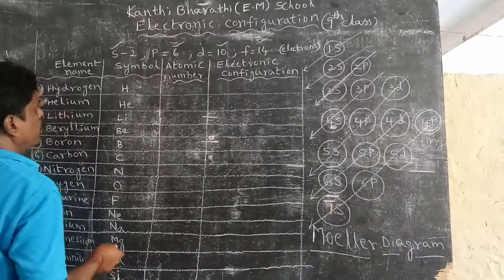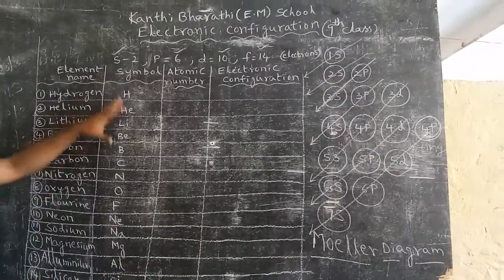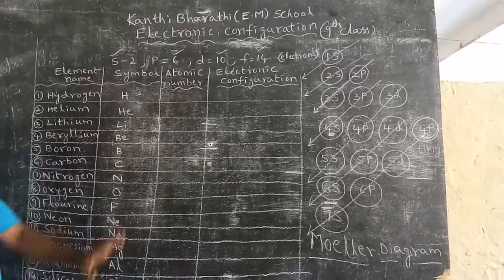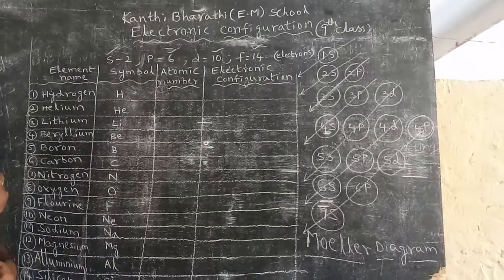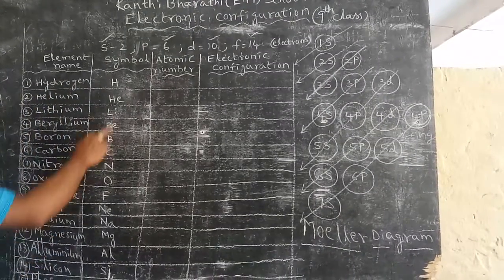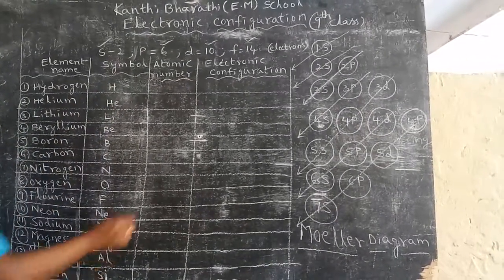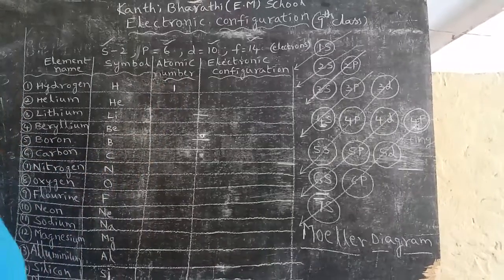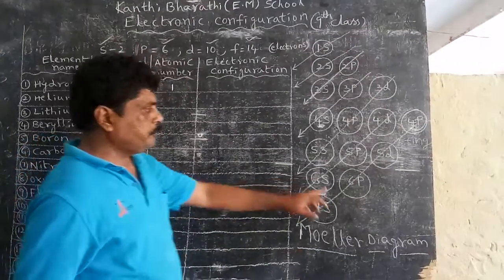First, I have given some element names, symbols, atomic numbers, and electronic configurations. I have to write the electronic configuration also. First one is hydrogen. Hydrogen symbol is H. Atomic number of hydrogen is 1. So first